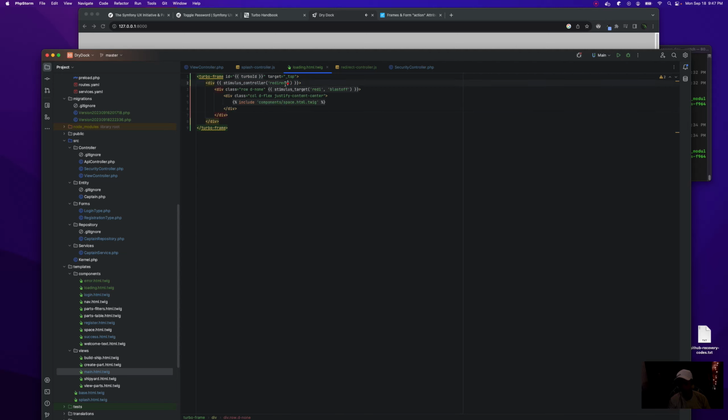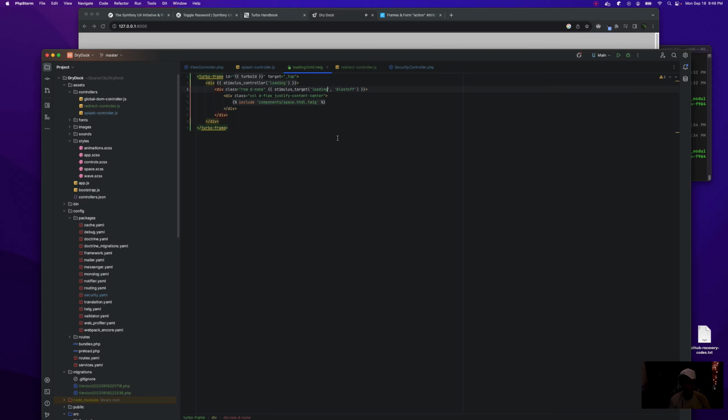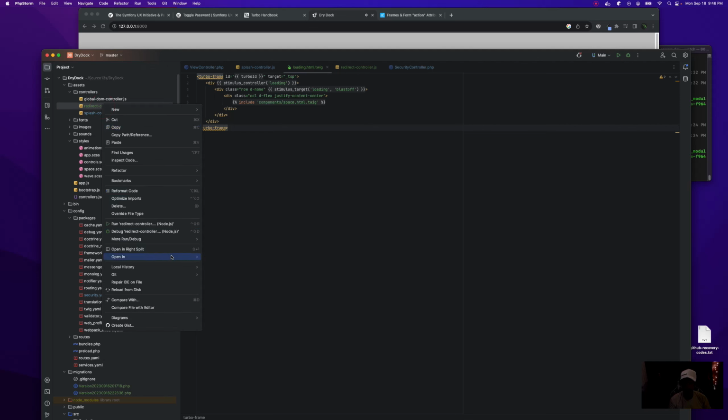I'm going to rename this controller to loading. I had it named as redirect. I did work on this a little bit when I was off camera, just because I had some time, but I didn't feel like recording. Anyways,